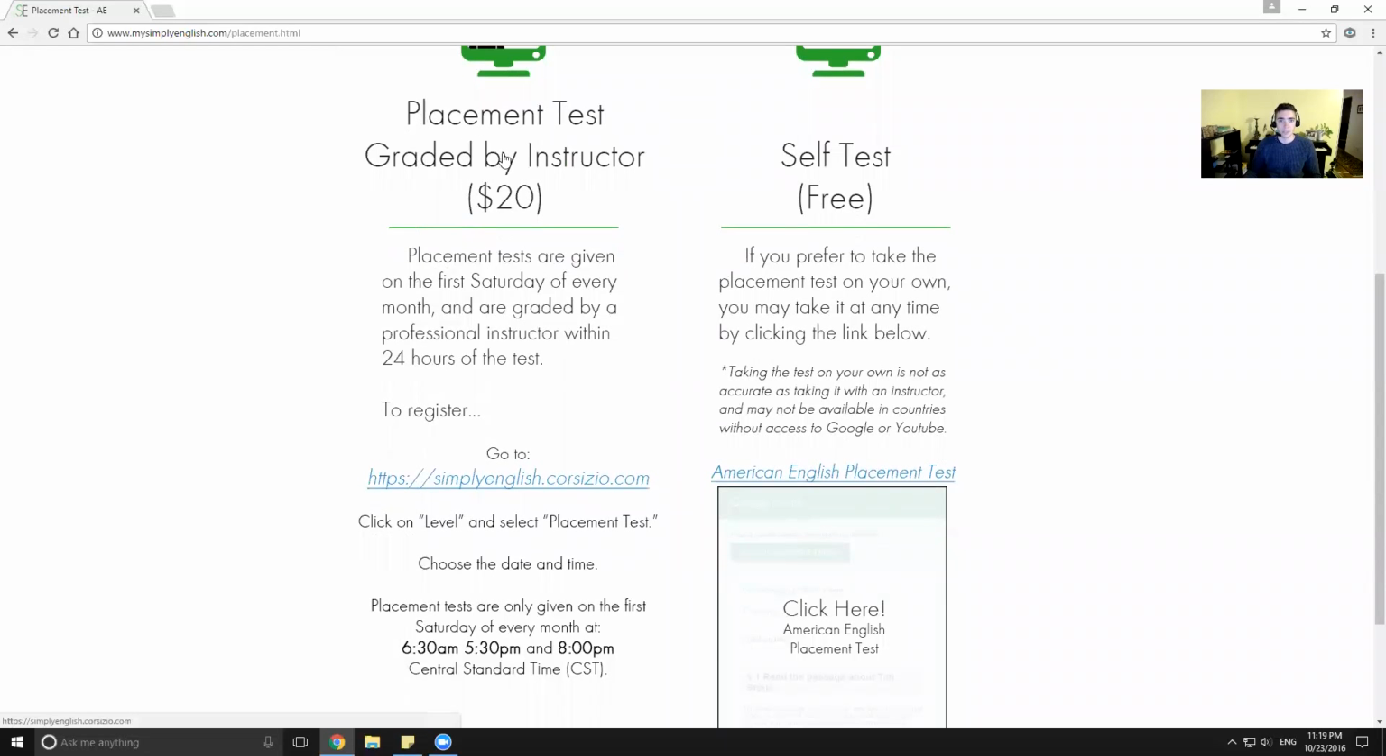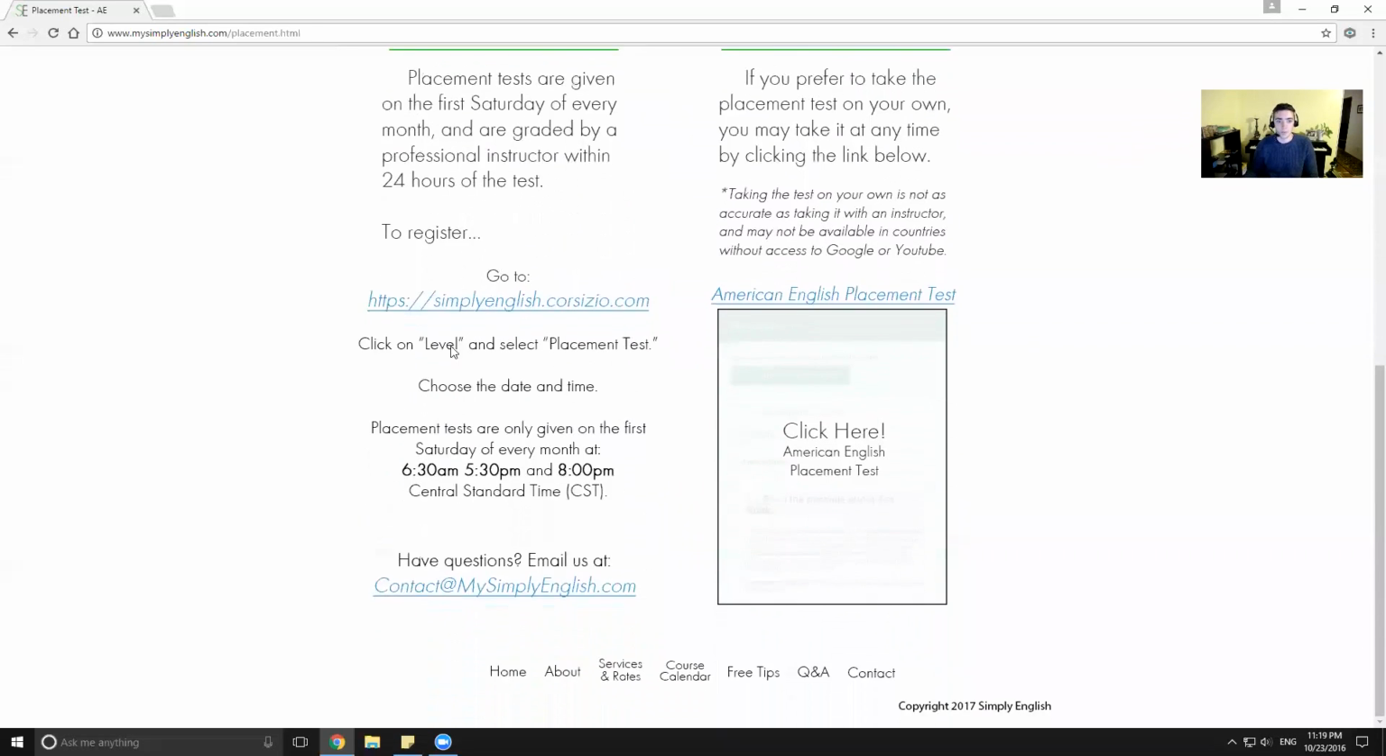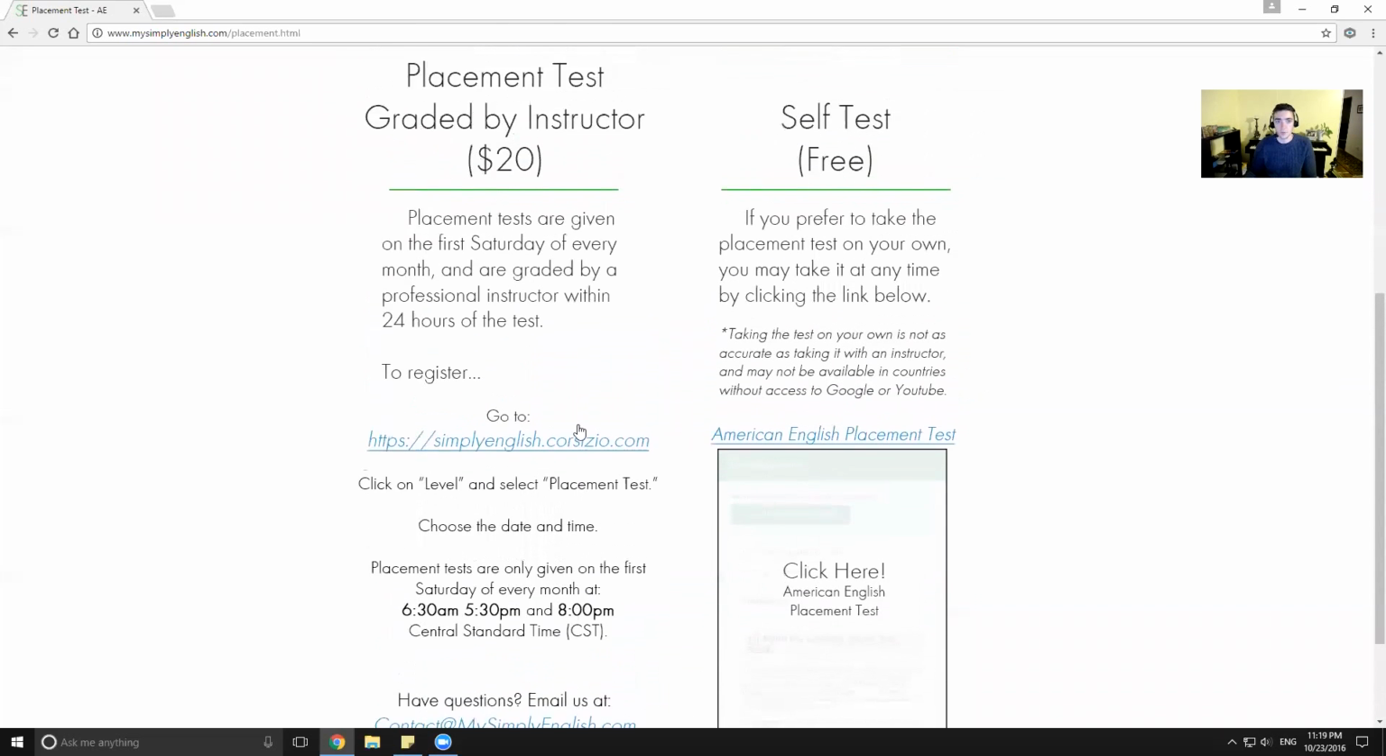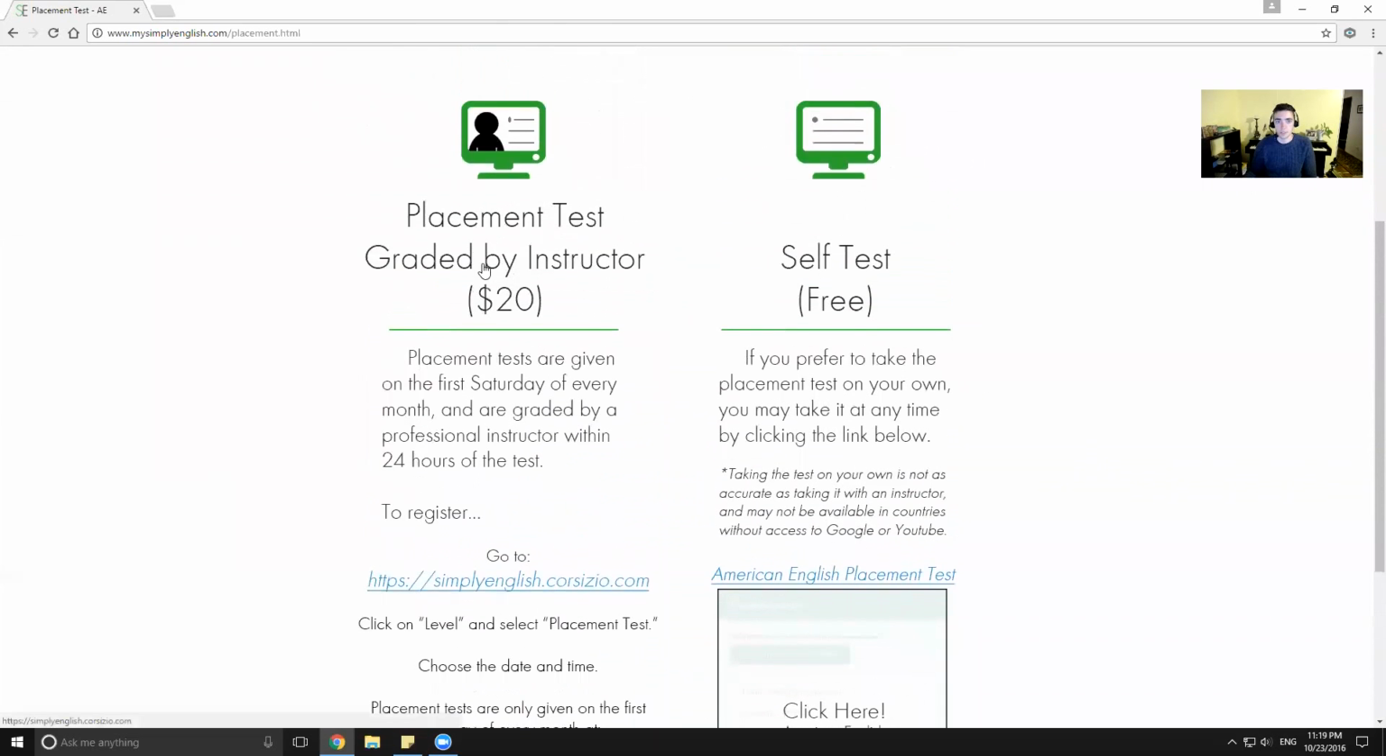The placement test graded by the instructor is only given on the first Saturday of every month, 3 times on that Saturday. Those 3 times are at 6:30 a.m., 5:30 p.m., and 8 o'clock p.m. Central Standard Time on the first Saturday of every month. If you wish to register to take the placement test with an instructor, you just have to click here or here,